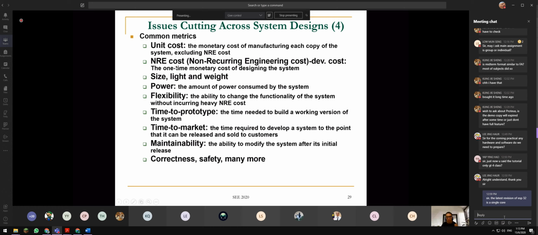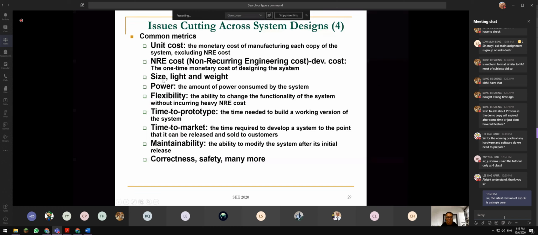So normally, if you have mass production, NRE cost normally is high. Why high? High means you can produce better quality devices. Why? Because they spend so much time. You have a big team. Let's say, for example, like PlayStation 5, very high NRE cost. They're using very good components, but they're able to sell thousands or millions of copies. That's why in the end, the cost of that product will be less. Okay, we look at it later.